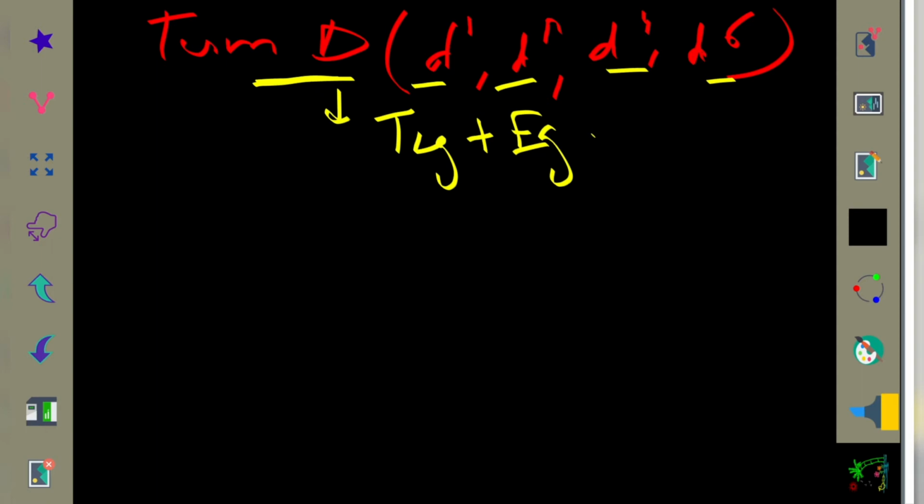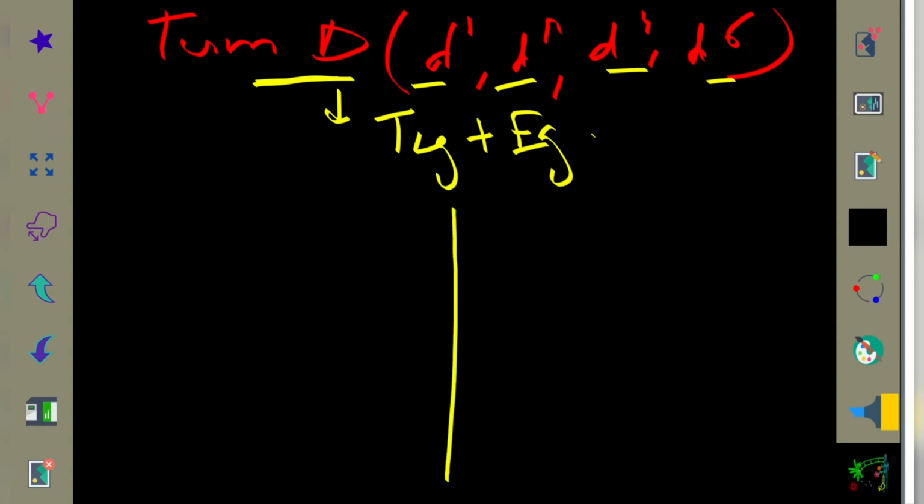So how do we draw its Orgel diagram? One more thing, the Orgel diagram is made only for weak field ligands, that is for high spin complexes. For strong field ligands, that is low spin, you cannot make the Orgel diagram. So it is only for high spin complexes. Now let's draw the diagram.